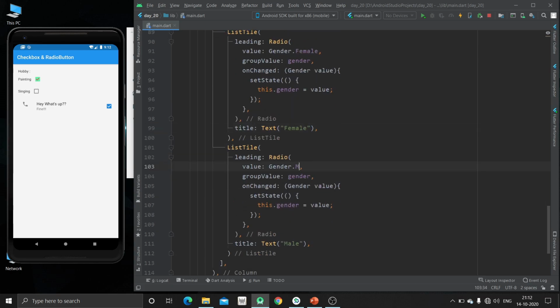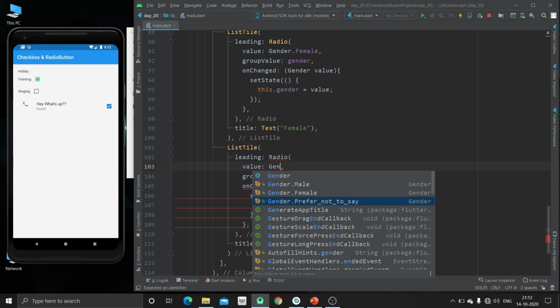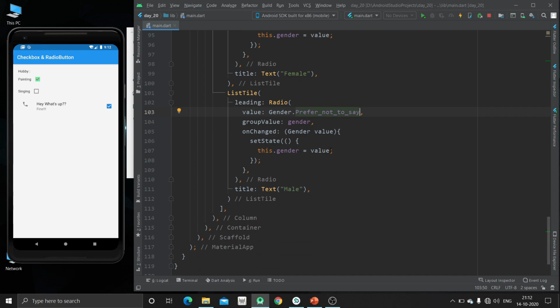Now here we are going to use prefer not to say. Okay, just remove it from here. P was capital, that's why we were getting that error. Now we will change this text to prefer not to say.